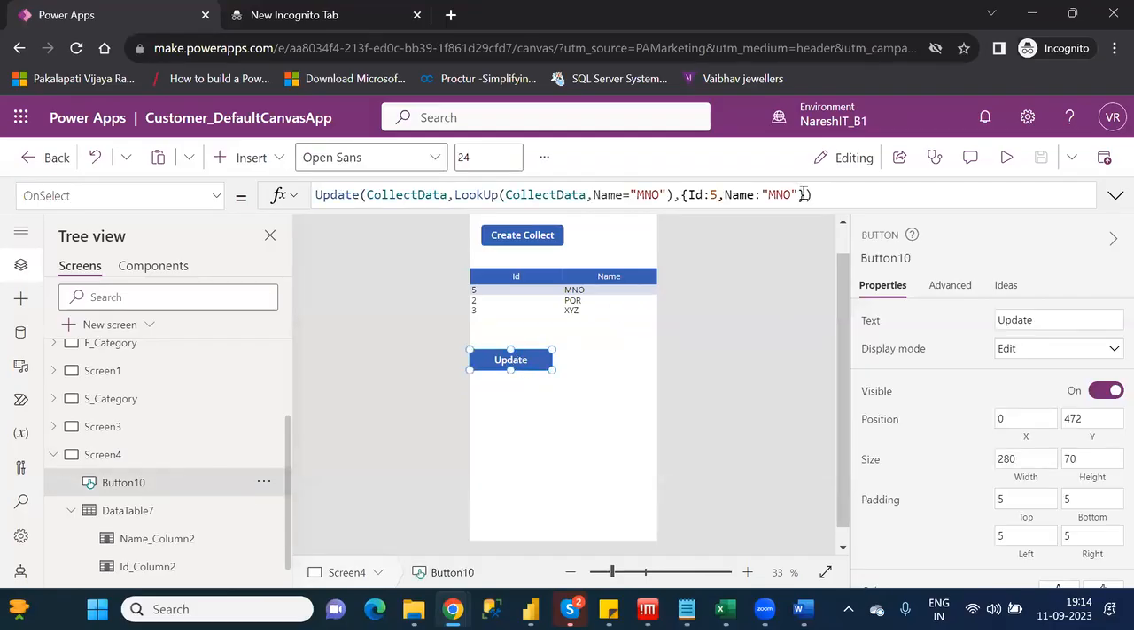All the columns you have to mention. If any column is missing, in that particular column a null value, that means a blank value, will be updated. This is how it will work for the update function. Understand clearly? Very important. In an interview, they will ask you what is the difference between update and